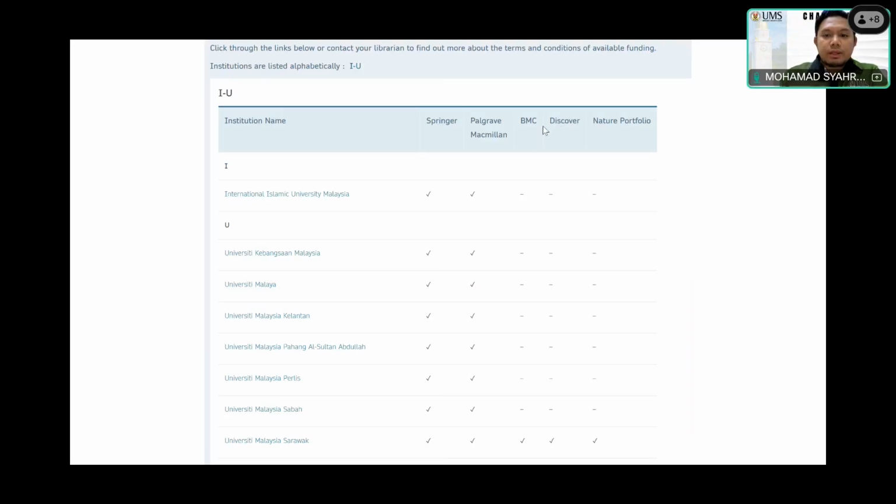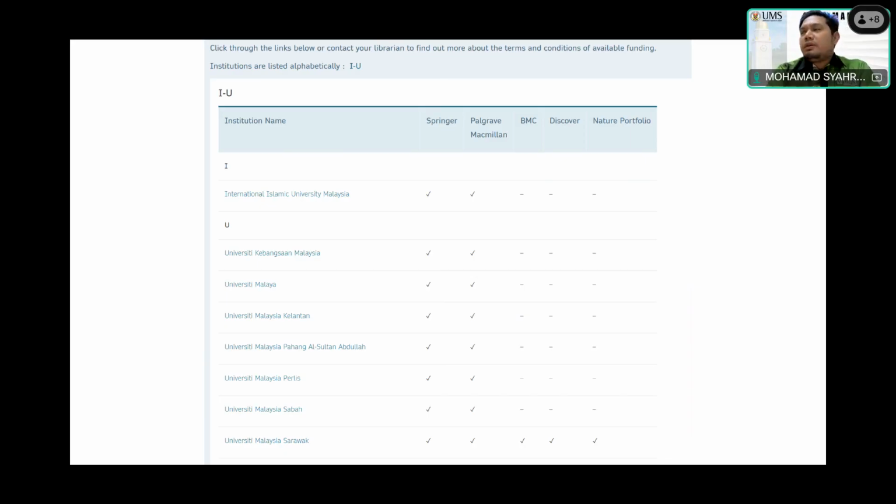Springer, Palgrave Macmillan, BMC, Discover, Nature Portfolio. But you can see how UNIMAS, University Malaysia Sarawak, even BMC, Discover, and Nature Portfolio, they can cover and pay. But UMS, you can see Springer and Palgrave Macmillan. So please be aware, even though I published in Discover recently, the APC is still